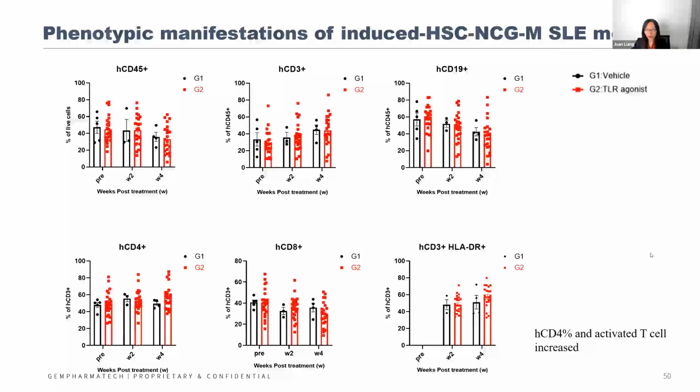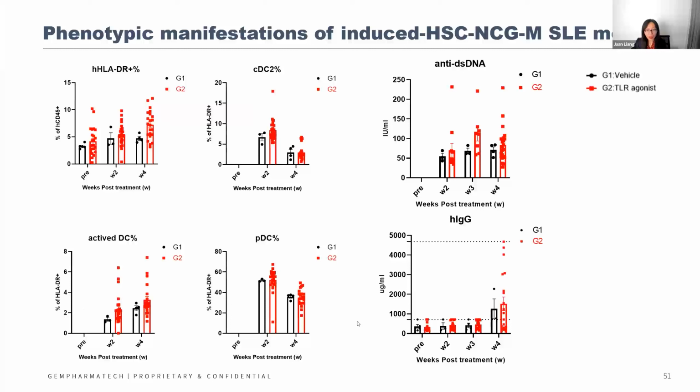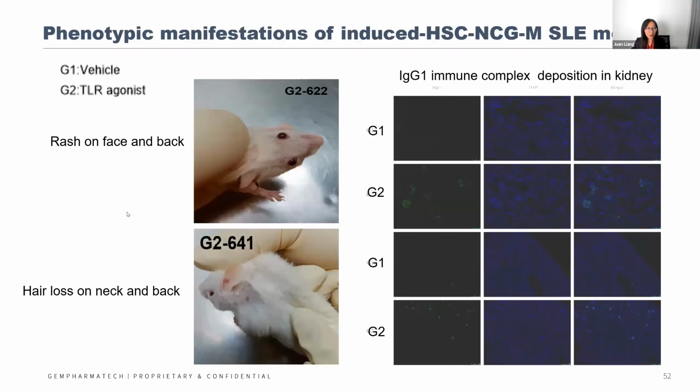As shown in the figure here, this model could develop the CD T cell population and also B cell populations. With TLR agonist treatment, this model could also develop pDC cells, and this model shows an increased level of IgG in the serum. The induced HSC-NCG-M model